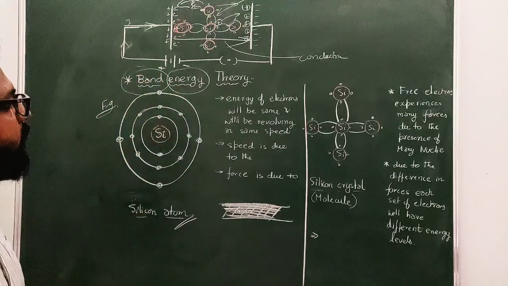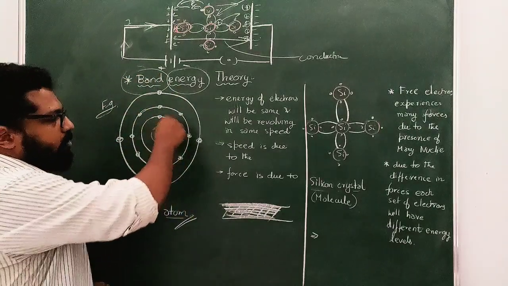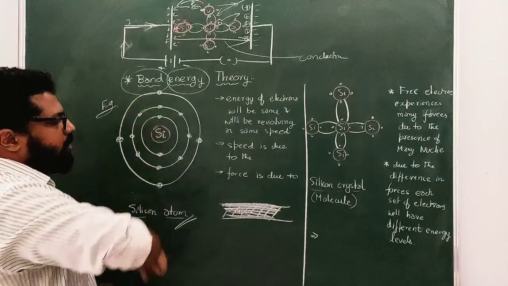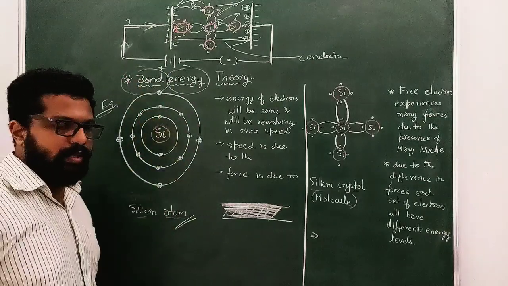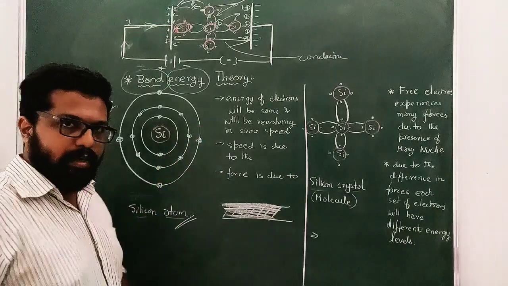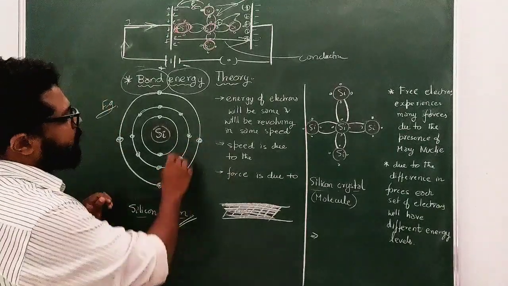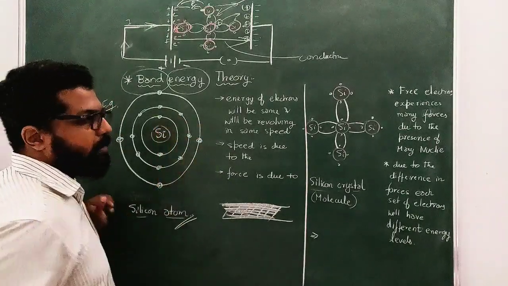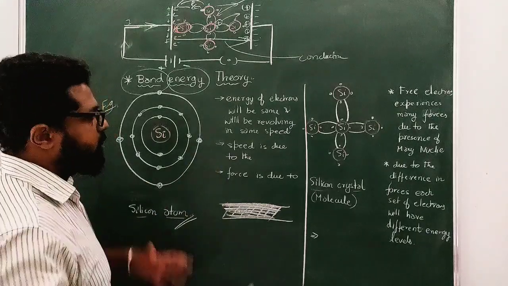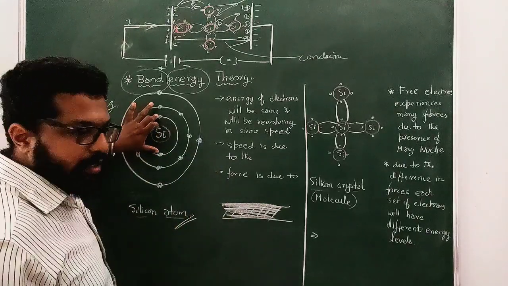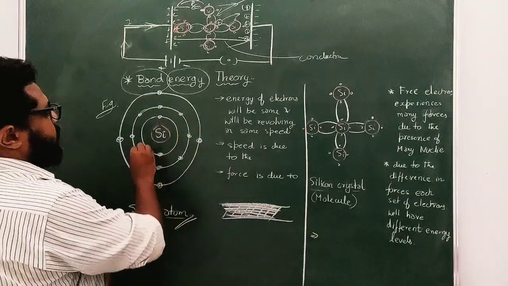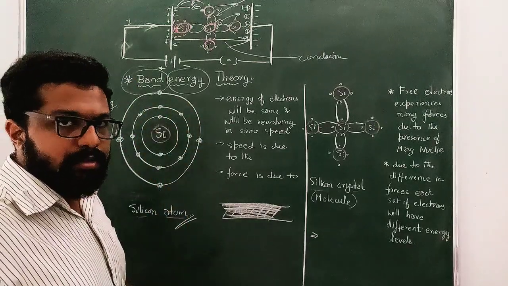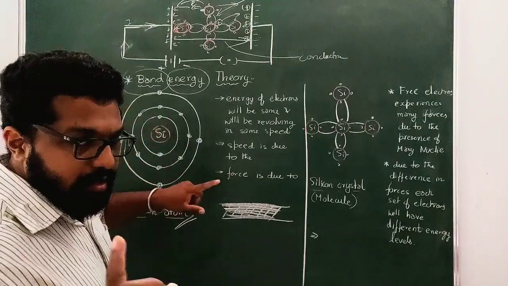So the shells, I am drawing them like this. These are orbits. There are 1, 2, 3 orbits. That is the S, P, D, F shells, like that. Clear? The first orbit is filled by 2 electrons. The second one is filled by 8 electrons. Yes, we have done that.